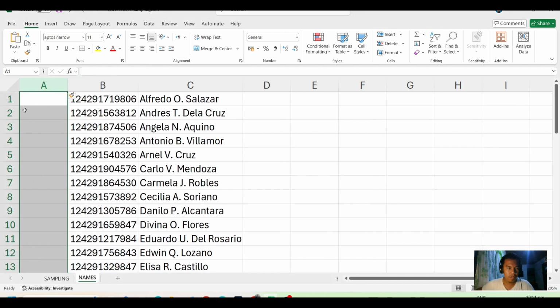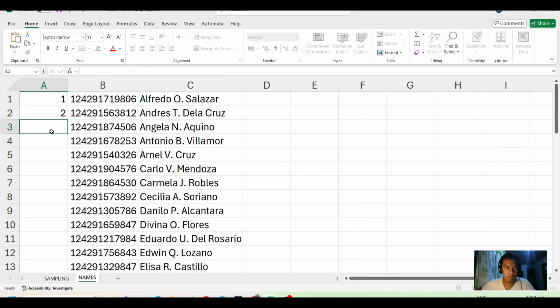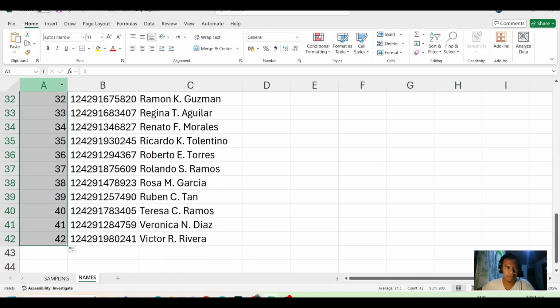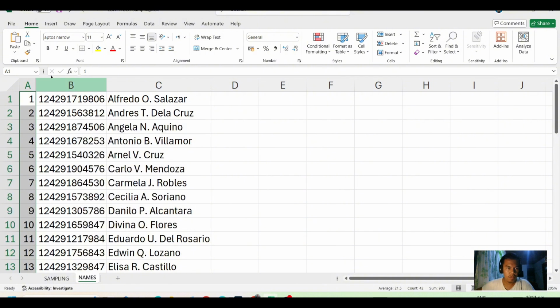Considering that the numbering of the learners is from 1 up to 42, and that we will only need the odd numbers as the test takers, what shall we do in order to have this data sorted with all odd numbers, 1, 3, 5, 7, 9, and so on?